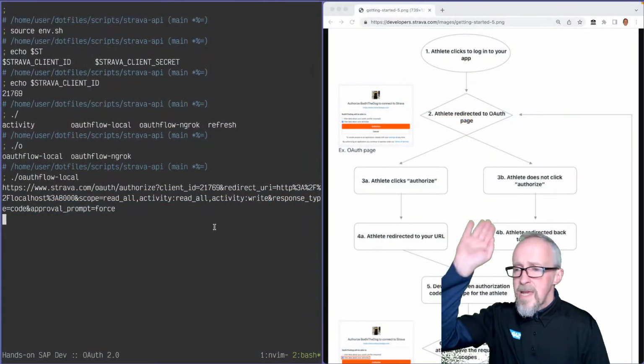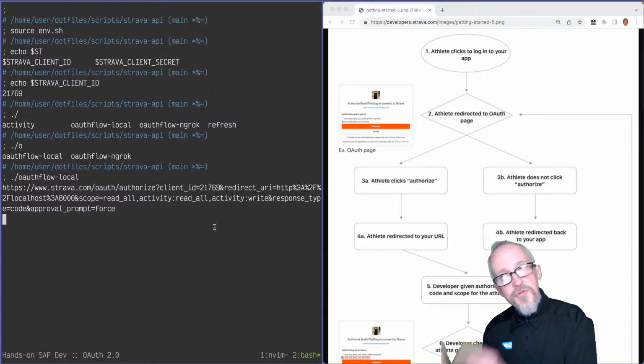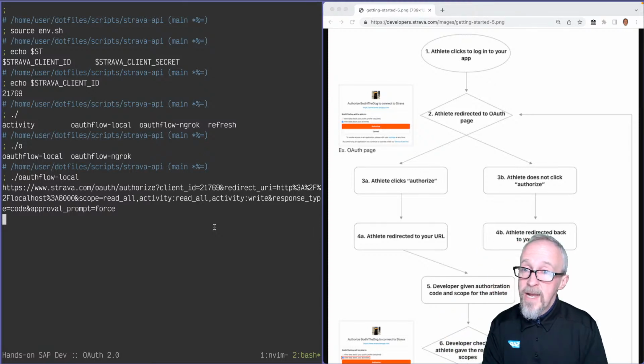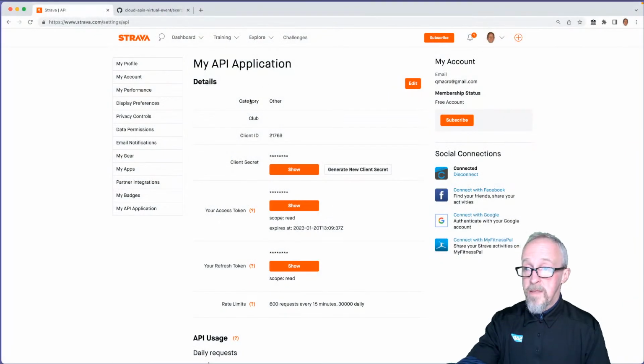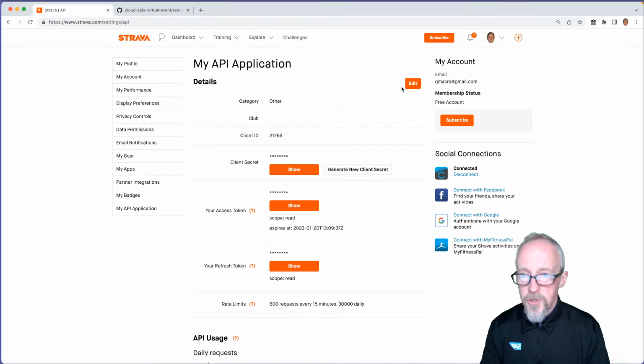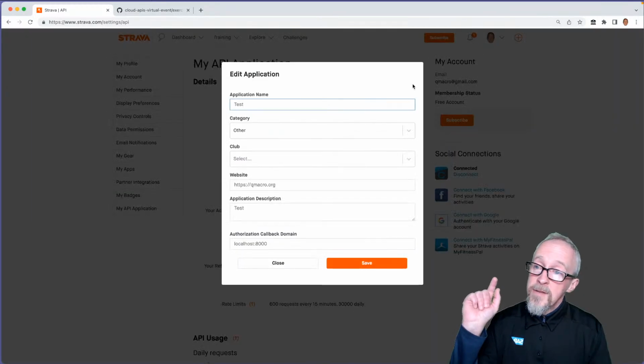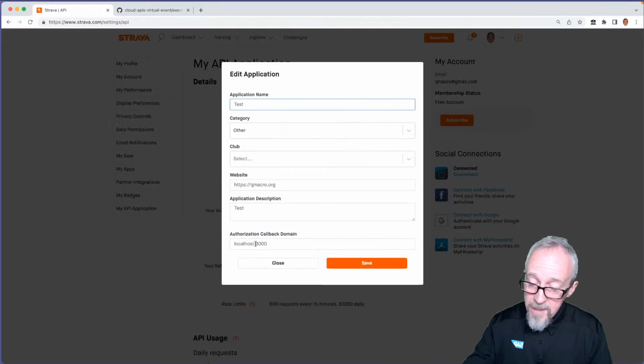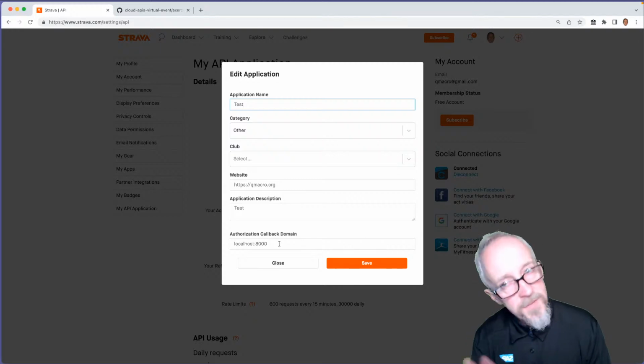Okay, it's me. And through that, Strava, the authorization server, can recognize that it's actually this API application. Okay, so it knows also to expect that the callback URL must be localhost 8000 something. Okay, if it's not, then